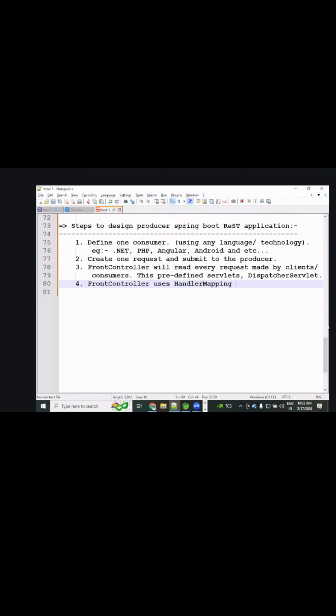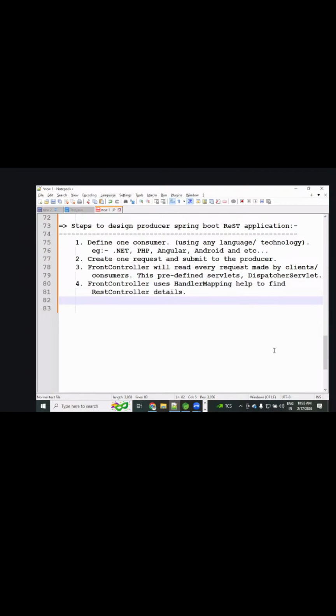Handler mapping helps to find REST controller. We can discuss, don't worry. The REST controller details. The handler mapping, it is going to help to what? To find the REST controller details.